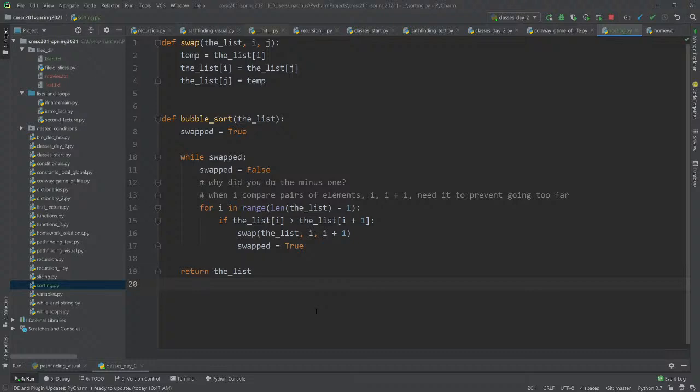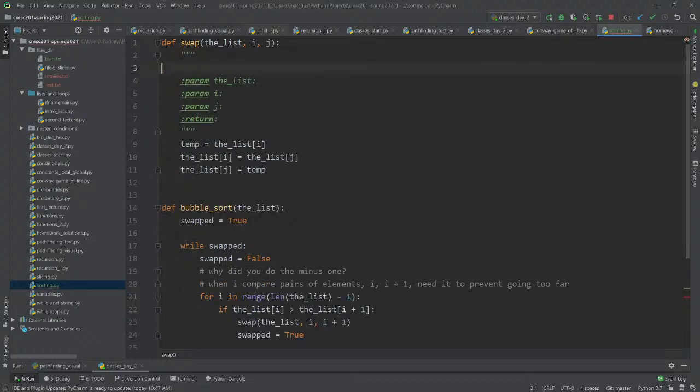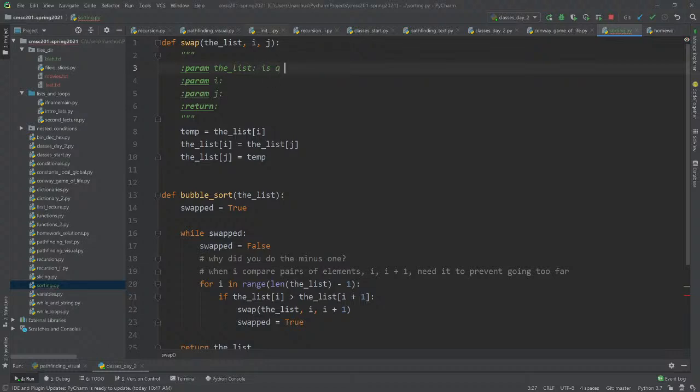So let's test out bubble sort a little bit. So let's write a bubble sort test. And let's say the number of tests, the size of list, and that's it. So remember, the reason why I don't return anything for swap is because basically the point is that the list is a list, and so it's mutable. And so what I mean by that is that